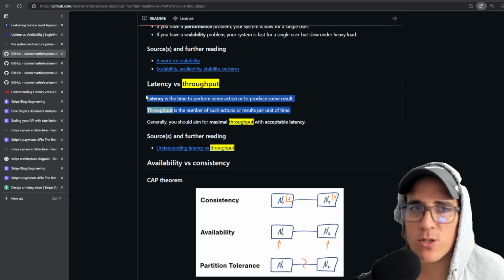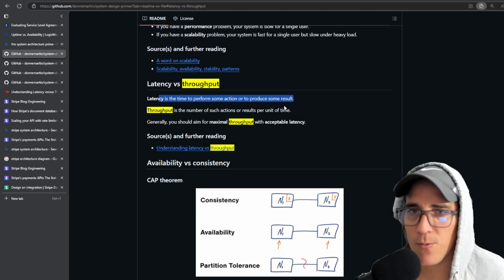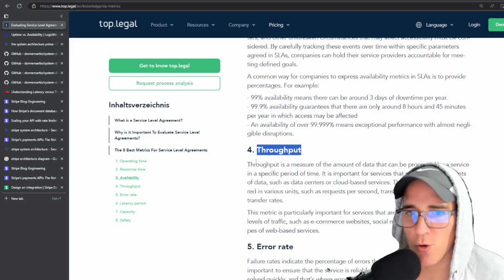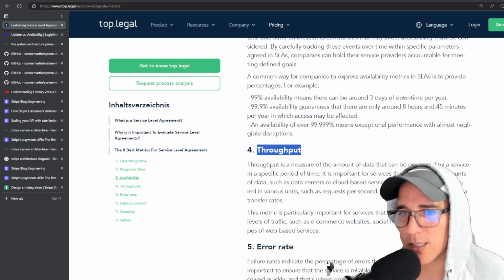And I think the reason I like this definition more is because it is simplified and more generic. Latency is the time to perform some actions or to produce some results, but these results and actions can be many things. You can write to a table, you can send a request, you can request a data set, you can do many things in the IT world. Throughput is the number of such actions or results per unit time. So throughput is the measure of the amount of these specific actions. In this case, he's talking about the amount of data that can be processed by a service in a specific